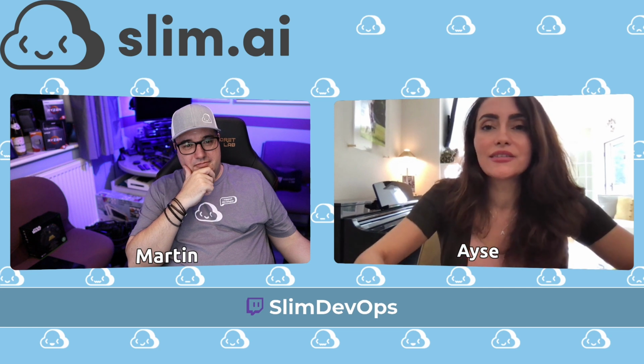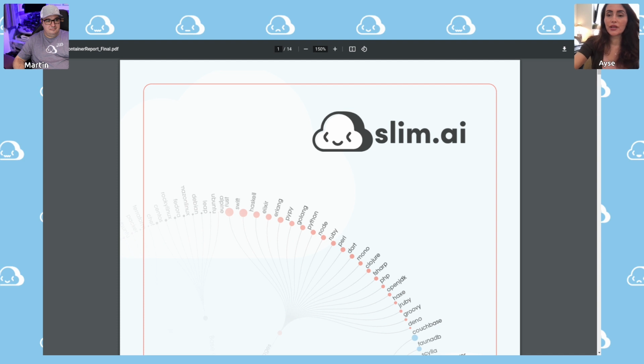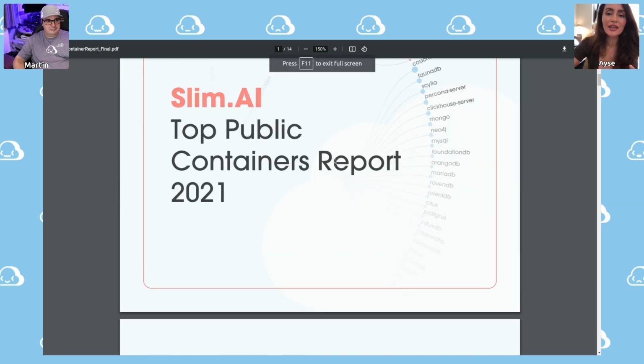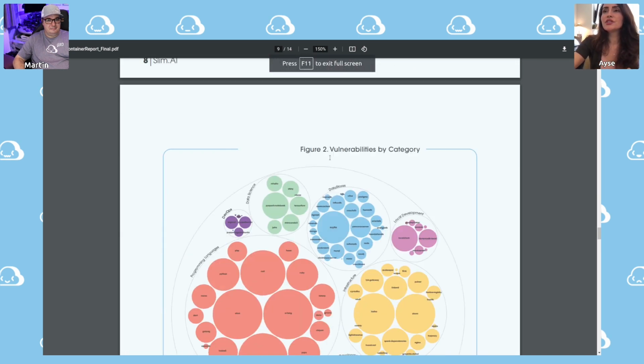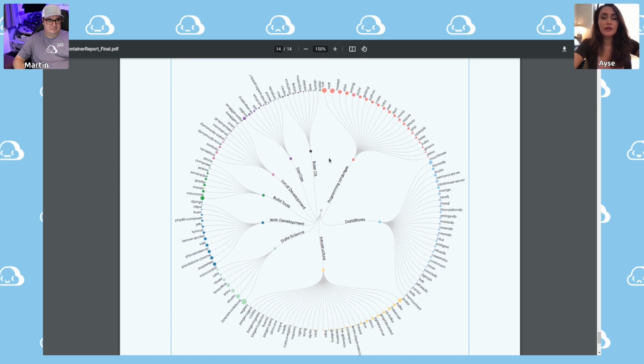And that curation process that I talked about, finding out those containers, maybe we start showing some beautiful visuals from our report to Martin at this stage. Sure. And we can go to the very end of that report, and even in the cover you see that circular dendrogram of what these containers are. So if you go to the very end, figure 9, which is, I believe, this graph here.